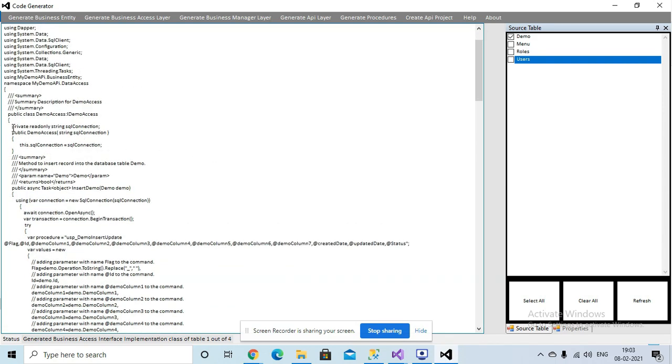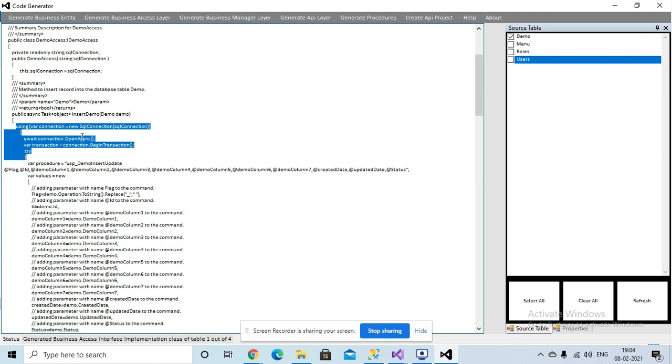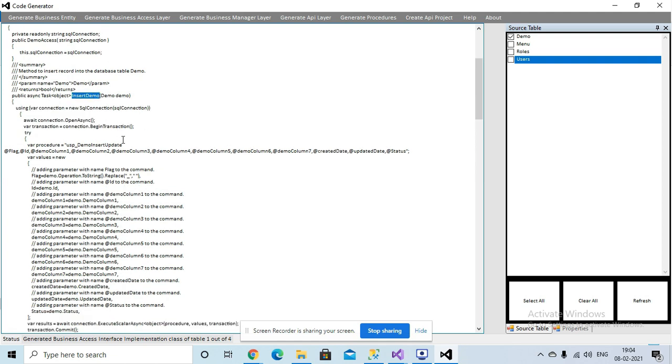So here DI has already been implemented, so you do not need to think about how the DI is implemented. You do not worry about that. Here in the constructor we are passing the SQL connection as a DI, as a connection string, and this connection string is being utilized by all the functions.